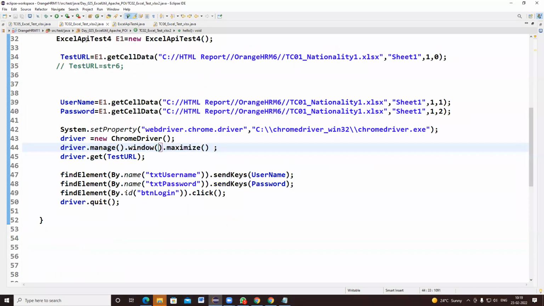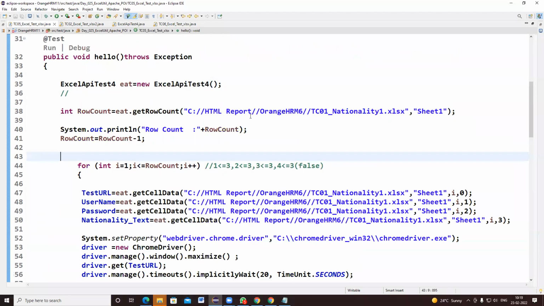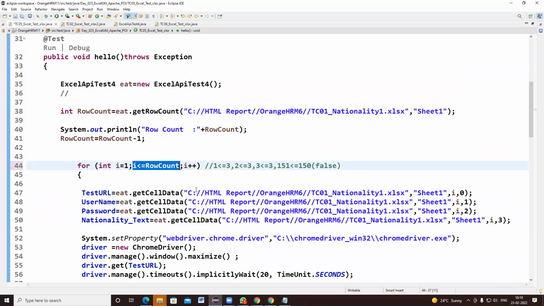Yes, it's executing here. So if you specify a row count of 100, the for loop has to repeat up to 100 times. If you are specifying 150 rows, it has to repeat up to 150 rows. Whenever the condition fails, suppose it contains 150 rows, and the I value reaches 151 while the row count is 150, obviously your for loop will exit. The condition is not satisfied, so it will exit from the for loop. That means it got repeated that many times.